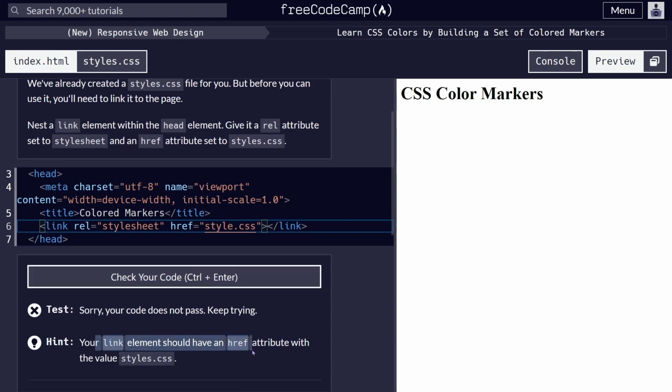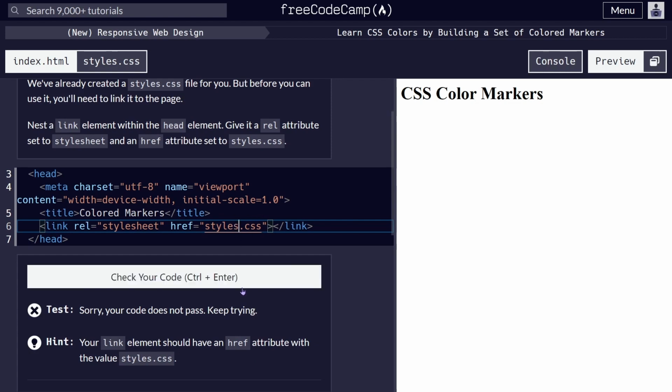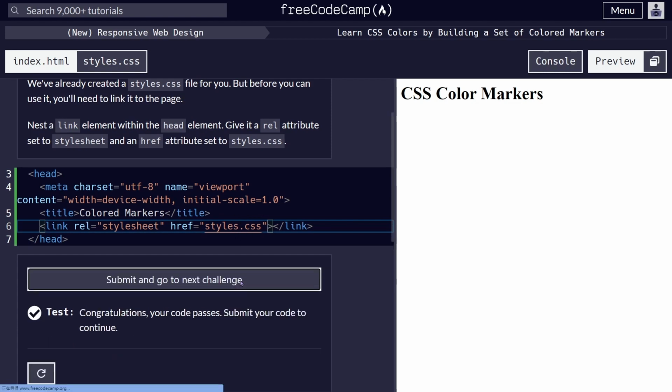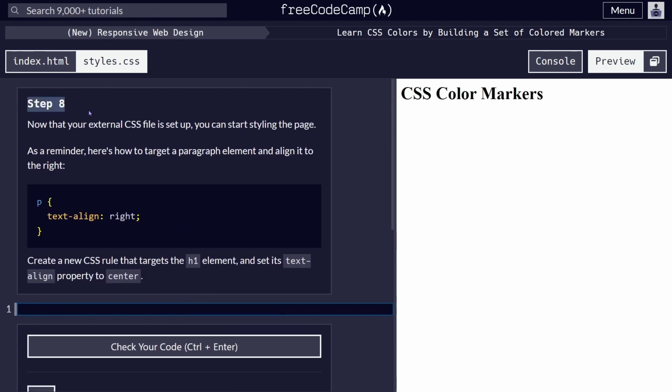Your link should have an href attribute with the value. 少打一个 s，来了。